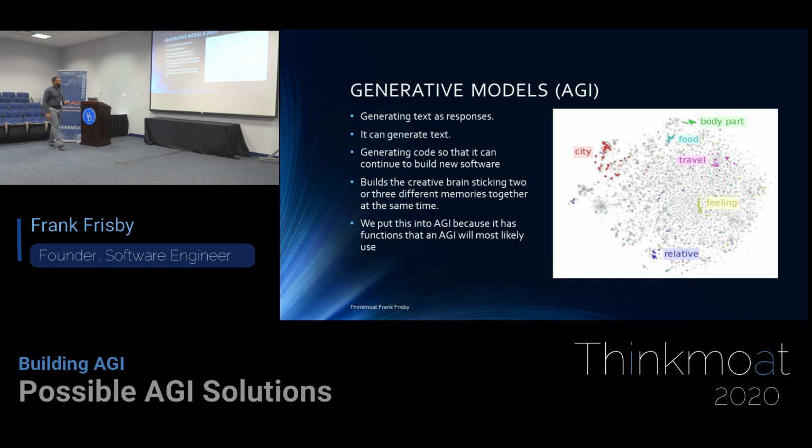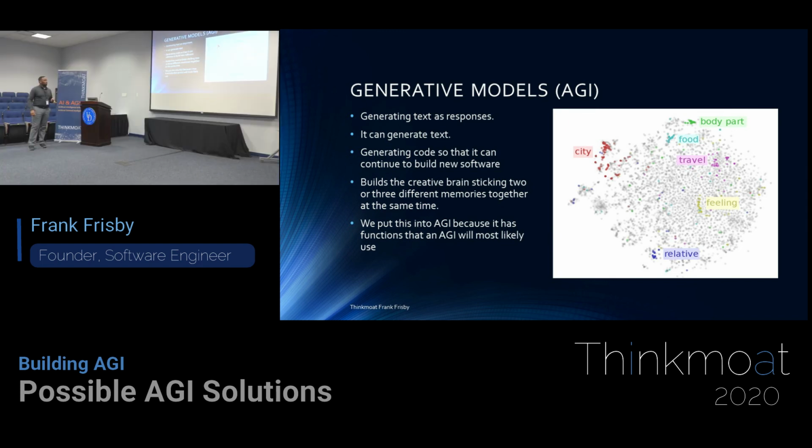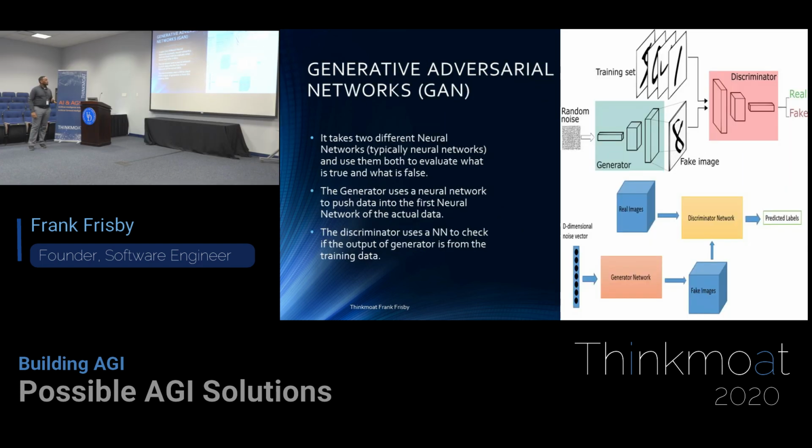All right, so generating models. This is probably one of the most important parts of AGI. It needs to generate solutions, generate ideas, generate theories, concepts, whatever. It needs to be able to do all of this because it needs to make relationships and predict new ideas. This happens because you need to have some kind of probabilistic ideas of where you're going with it. I talked about generative adversarial networks again, but we can actually talk about this real quick.